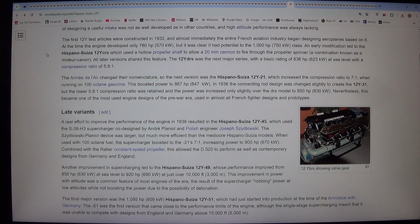The 12Y DRS was the next major series, with a basic rating of 836 HP, 623 kilowatts, at sea level with a compression ratio of 5.81. The Armée de l'Air changed their nomenclature, so the next version was the Hispano-Suiza 12Y21, which increased the compression ratio to 7:1, when running on 100-octane gasoline. This boosted power to 867 HP,